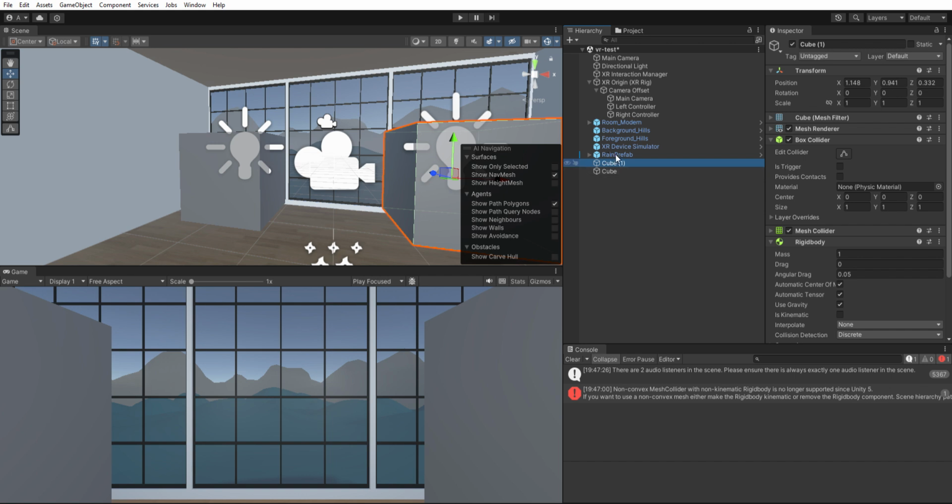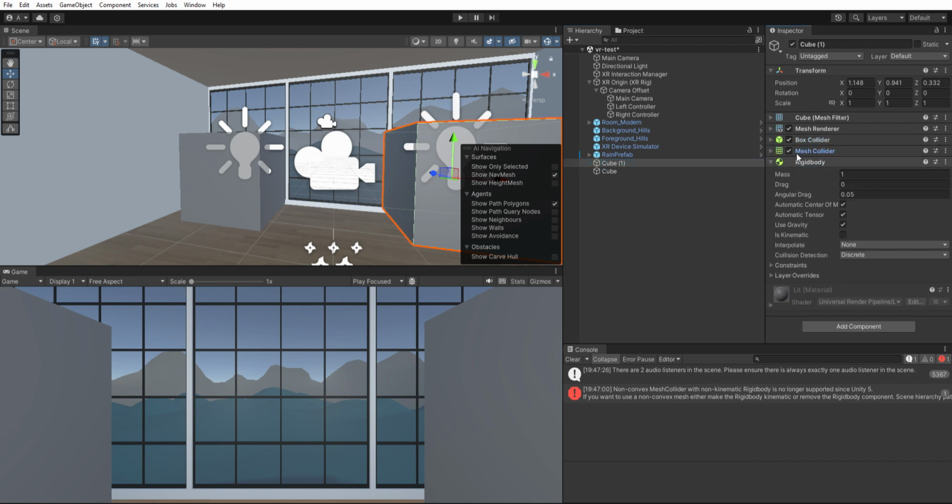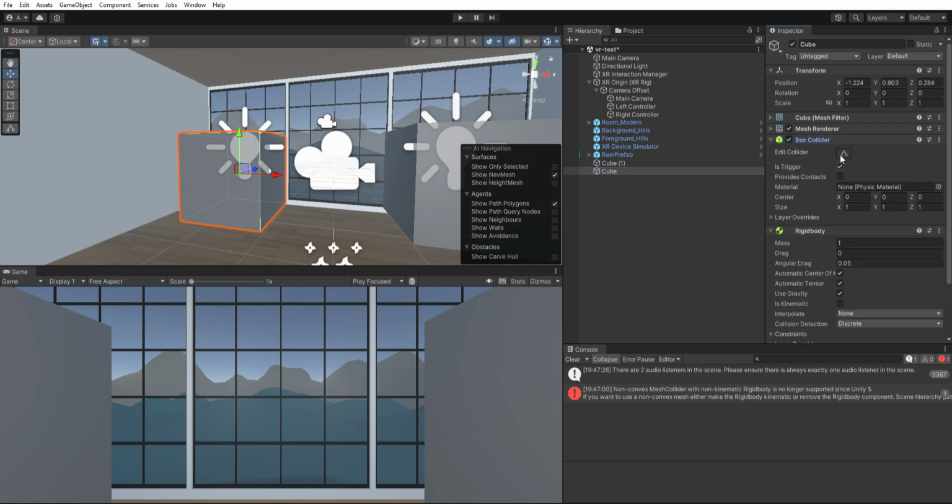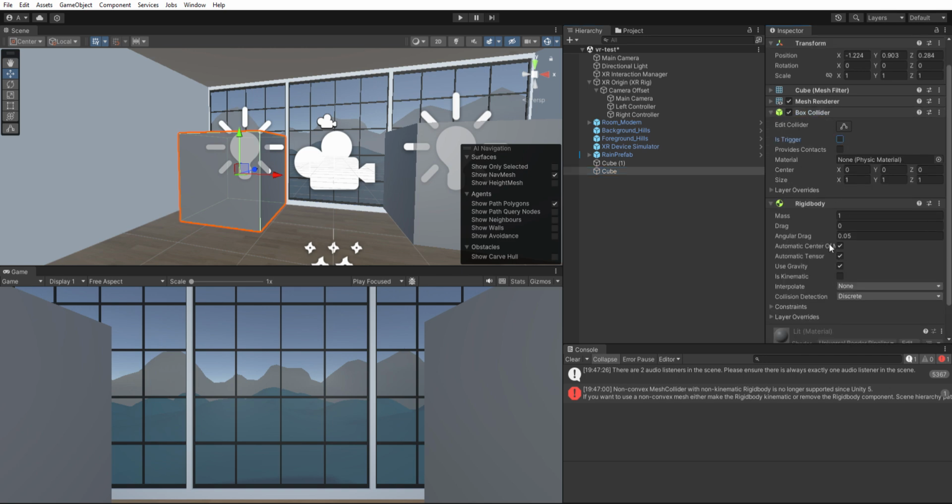This is cube 1, and this is cube normal. So in this cube, I have mesh collider and I have the Rigidbody, but mesh collider doesn't matter if you already have a box collider. So we're gonna go for the cube. We're gonna check the Rigidbody, and we're gonna take out trigger. Why? Because whenever we use the gravity and the trigger is on, it always is going to go to the void. It's never going back. So we're gonna uncheck this one, and we're gonna use the gravity in this case,